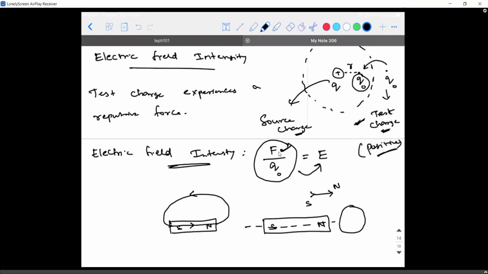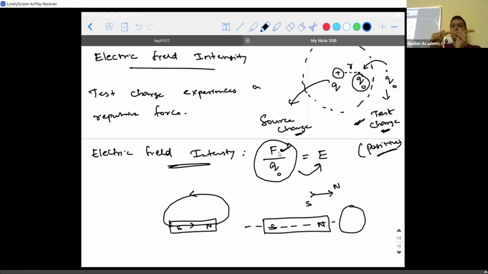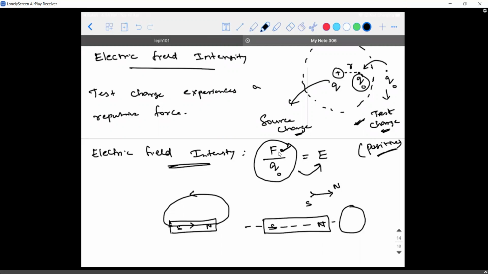Second option. This is the bar magnet, north pole, south pole. Listen, I hope you are able to see. I place the compass like this. Initially, the compass is like this. The arrow mark is the north pole for both the magnet and the compass. Will the north pole of the compass turn towards it like this, or will it go away? Away. Then, sir, what?